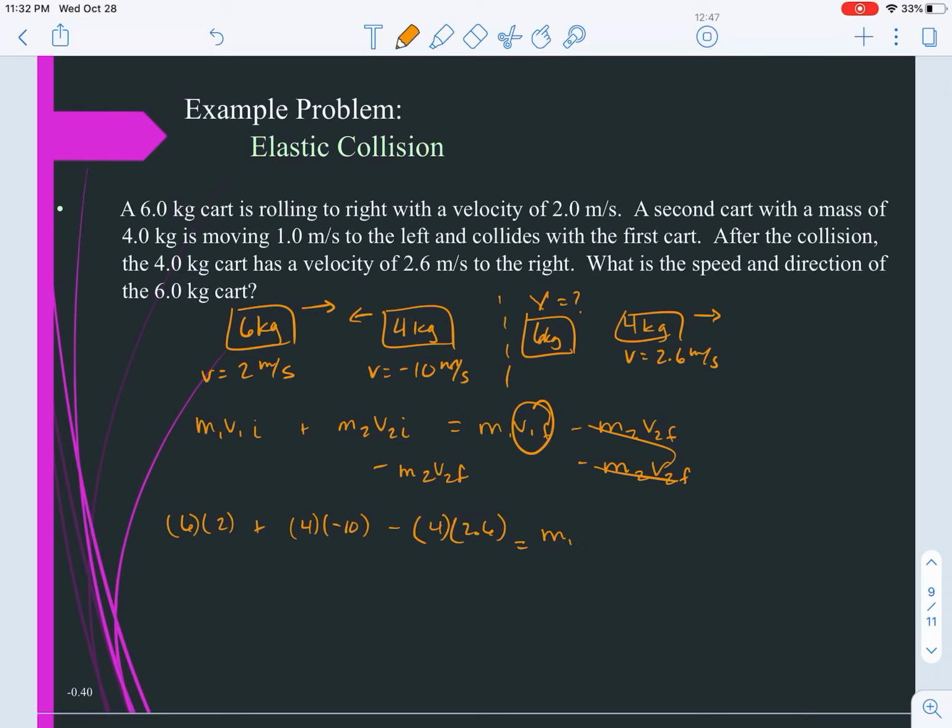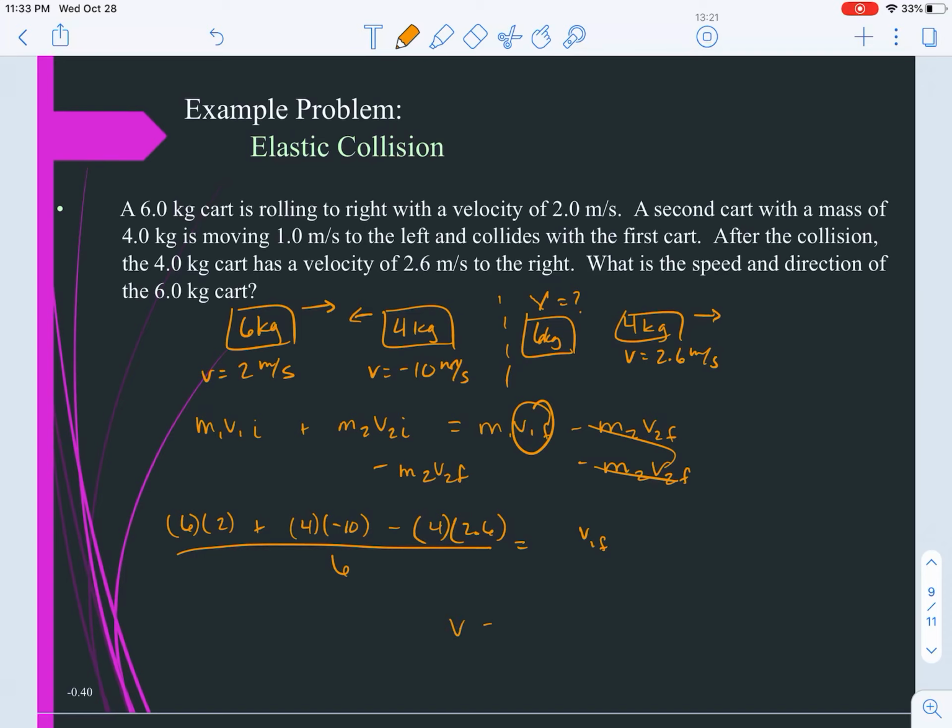So ideally, you can go ahead and move your numbers over so that you're just plugging it all into the calculator at one time. After we do this, we're going to need to divide by the mass of m1, which ends up being dividing by 6. So we're really going to have to just plug this into the calculator, and that's going to give me my